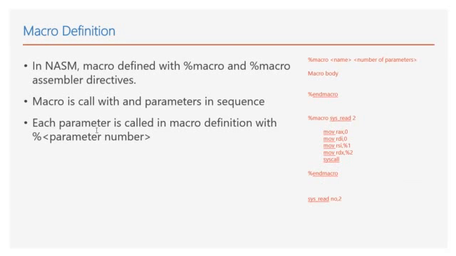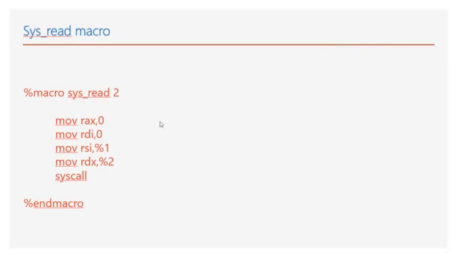Now each parameter is referenced in the macro definition with the percent sign and the parameter number, which has already been shown. Here we will see one example in which the macro sysread is there. So here we have a block of code in which